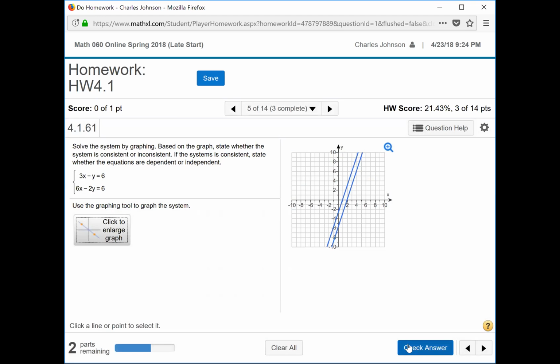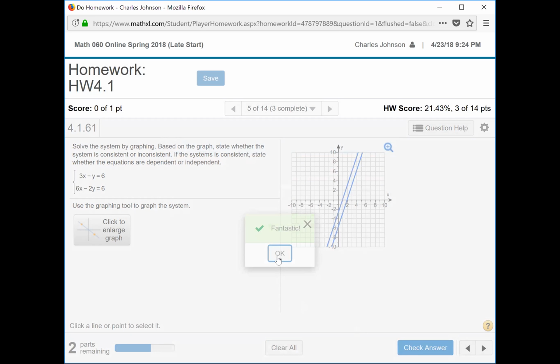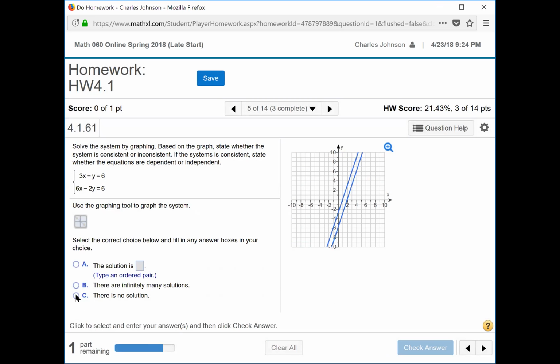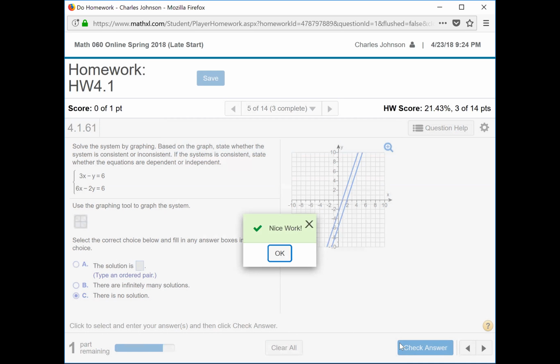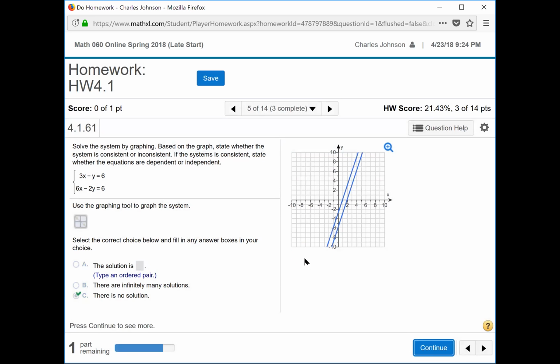And there's our two lines. And because they're parallel, we say there is no solution. But I was able to see that because